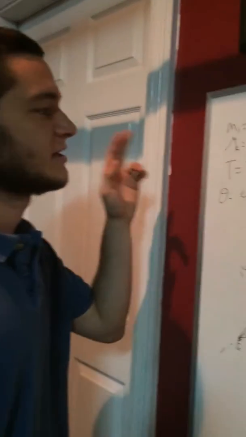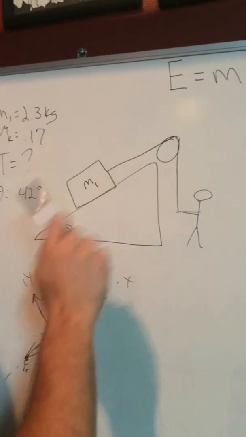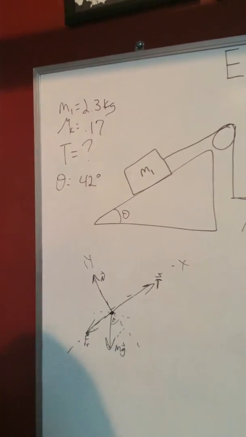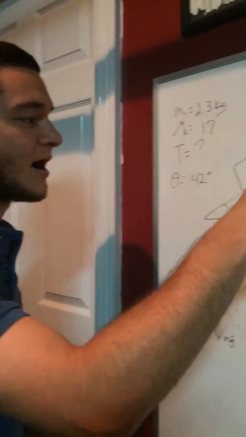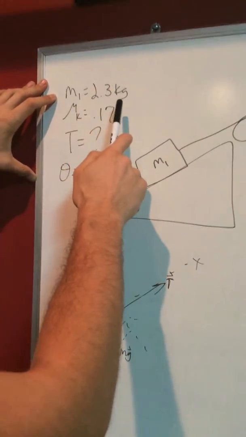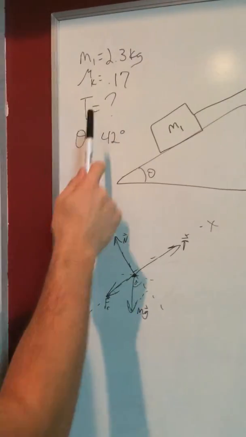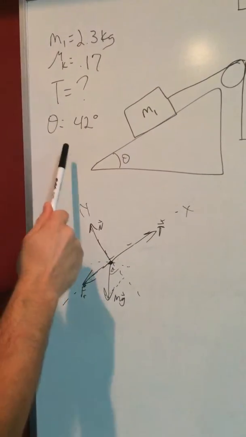Alright, this is my reassessment video on forces, the very first standard, and what we're going to do is try to find the tension it takes for this guy to pull this box up this hill. How hard he's going to have to pull the rope to get the box to move up the hill. So we've got M1, which is the box, 2.3 kilograms. The coefficient of friction is 0.17. The tension is what we're trying to find, and the angle theta is 42 degrees, so it's a pretty steep